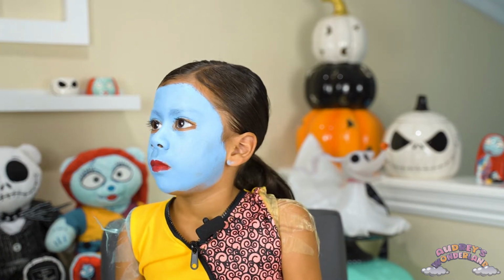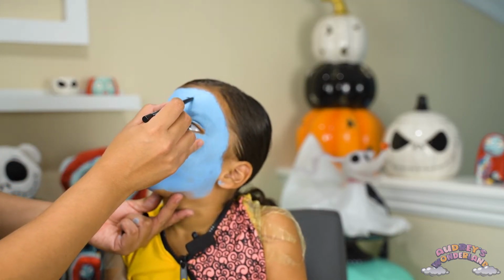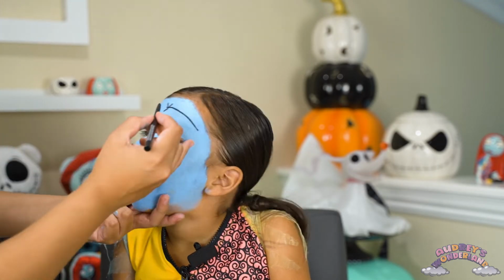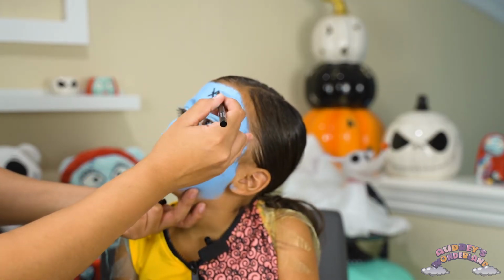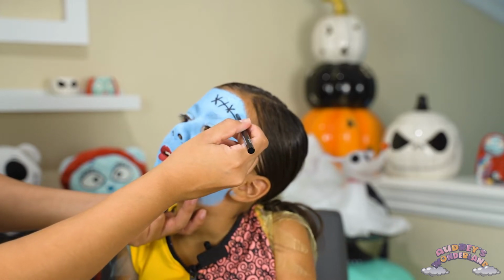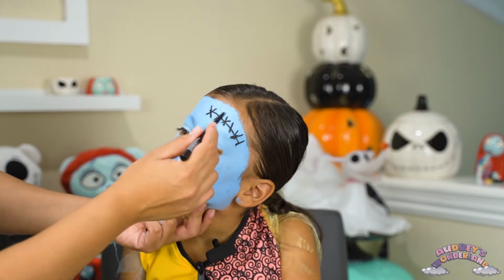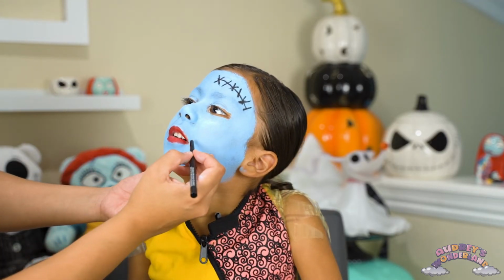Okay, so we're gonna use black eyeliner to do these stitches. So we're just gonna go pretty easy. A line. We can do X. Oops, that one broke. If you twist the bottom, it looks like a real pencil. If it breaks, you get a sharpener and then twist it, and then boom, it fixes. Okay, so you see that? So you just do a line, X, line, X, line, X. A pattern. Okay, so the next one we're gonna do the